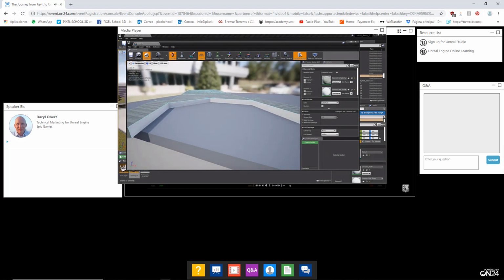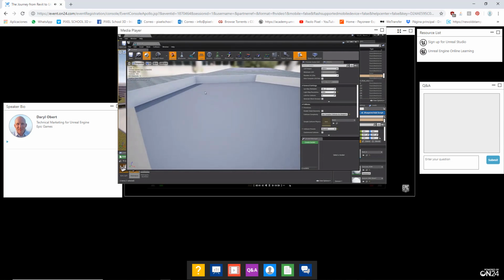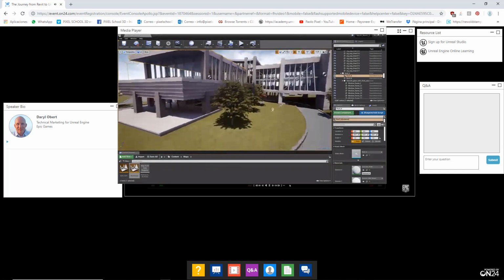So what we want to do is get that simple collision to be the same as the complex collision. And that's very easy to do. All you have to do is go down to your settings, and for the collision, instead of using the project default, we're going to use complex as simple. As soon as you do that, you can see that now the simple collision matches the complex collision. So we want to set that on a variety of objects. You could change your project settings, or you could go through